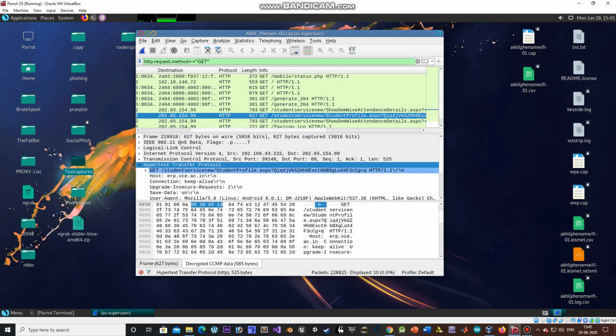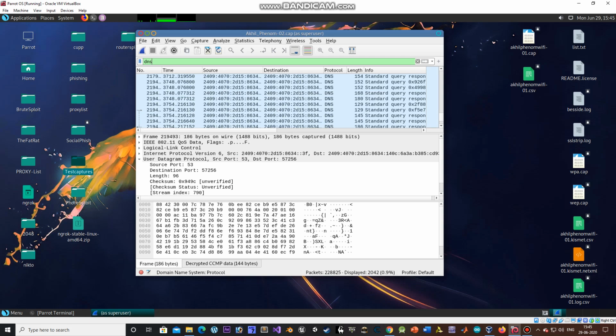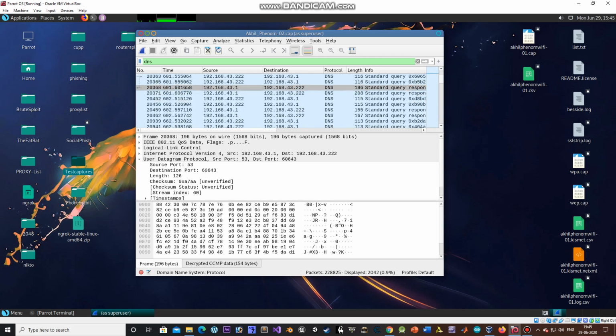Yes, there are several other filters like DNS. Let's see what we get here. See, it all depends on the user. If he hasn't opened anything, we are not going to get anything. And here, as you could see, it looks a little bit sensible, the source and destination IP.